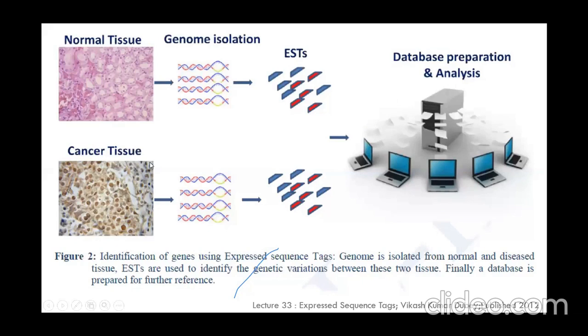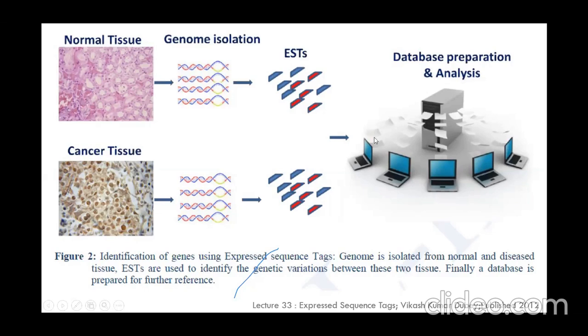Coming on to functionality of the ESTs, one of the important functionality ESTs can help is that if you have a normal tissue and you have a cancer tissue, tissue 1 and tissue 2, the normal tissue will have a normal repertoire of mRNA molecules, genomes, and normal repertoire of expressed sequence tags given the human genome. You can go and identify, annotate a healthy condition of a tissue, healthy set of ESTs that are coming up in this condition. Then if you compare them into a cancer tissue, you can get changes in the EST sequences. The EST assembly looks different from the normal condition.